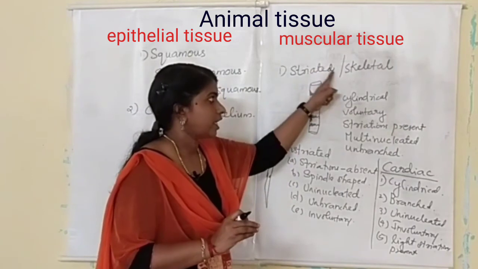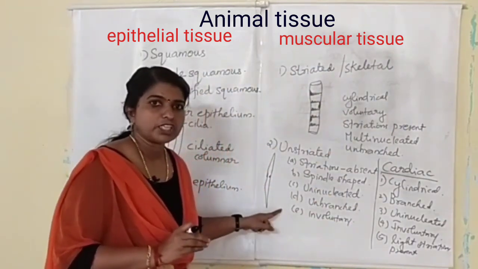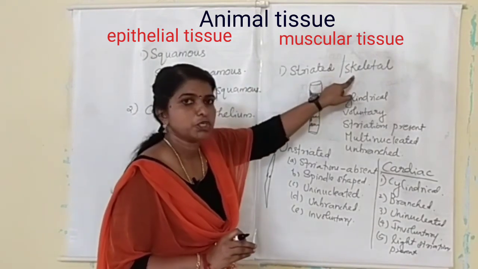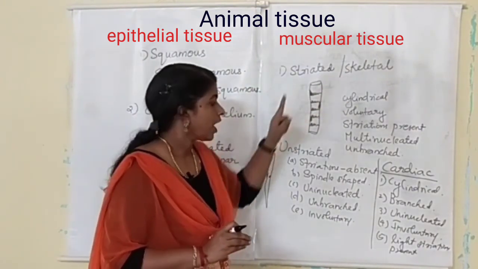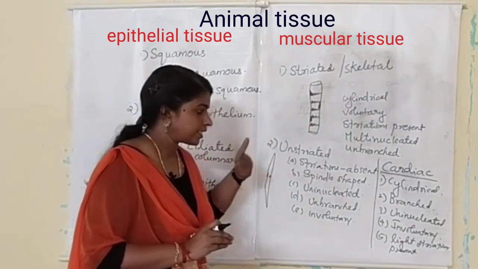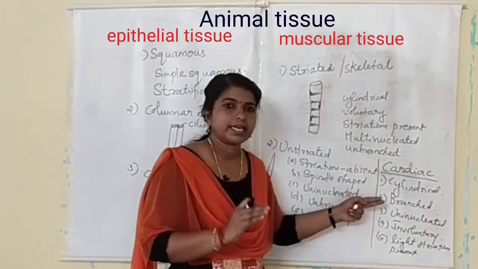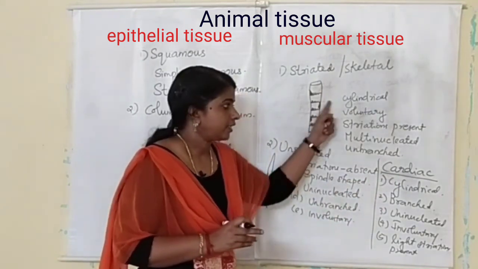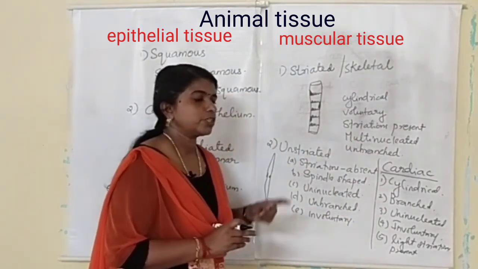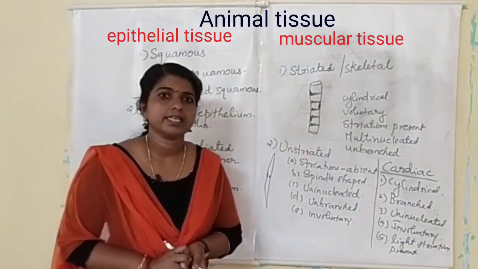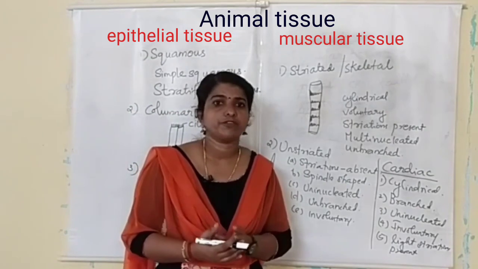These are the different types of muscles in our body. Striated muscle is normally attached to the skeletal system. Unstriated muscle is present in the internal organs, and cardiac muscle is present in the heart. These three muscles with their characters are very important. Study all these things, and the remaining types of tissue,